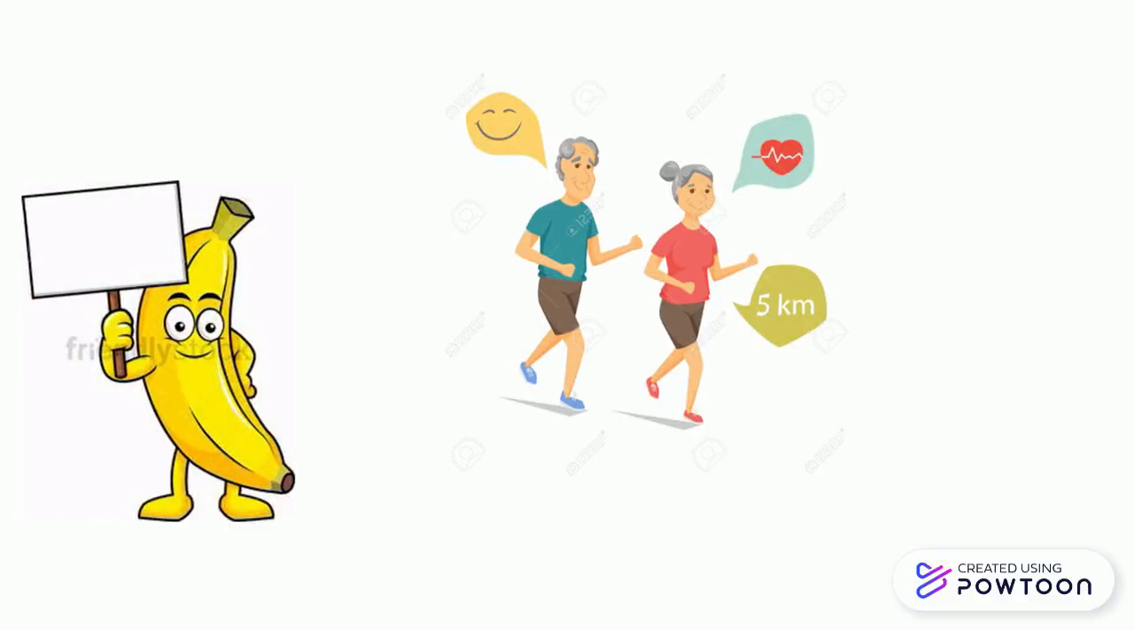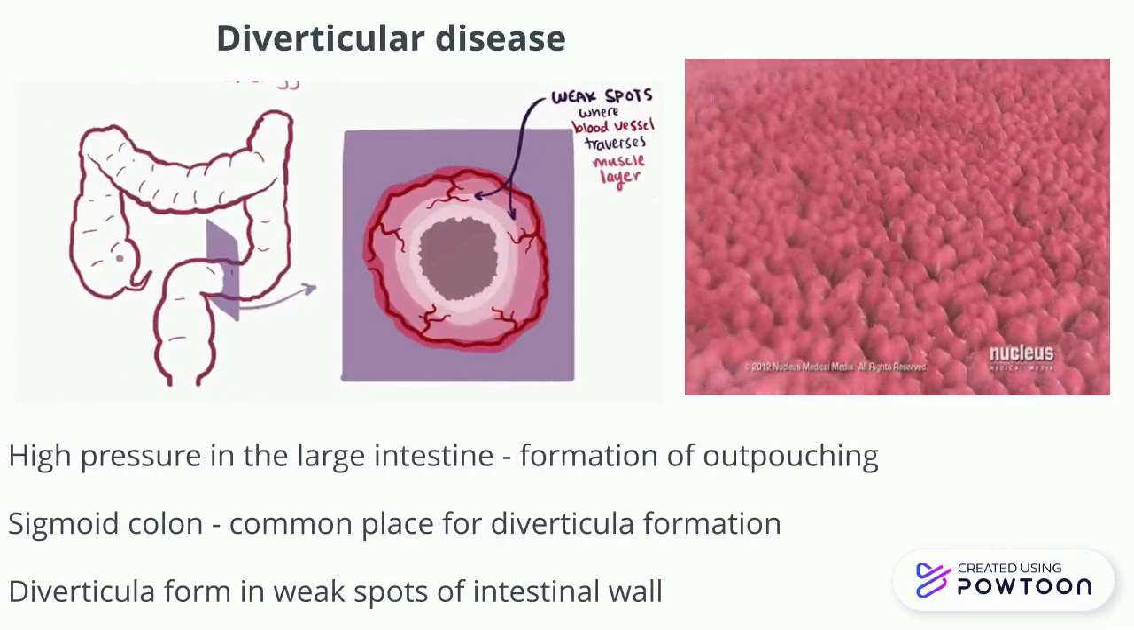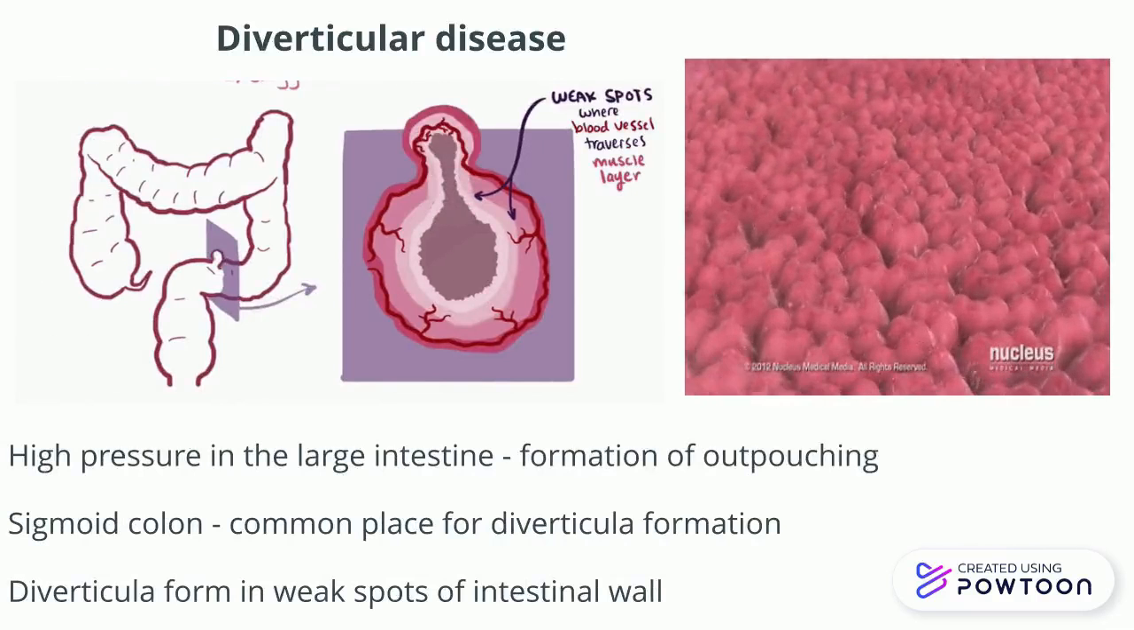Have you ever wondered why we need to adopt a healthier lifestyle as we get older, or why we may be susceptible to gastrointestinal disease, such as diverticular disease? Diverticular disease, also known as diverticulosis, is the presence of sac-like outpouching of the lining of the colon that protrudes